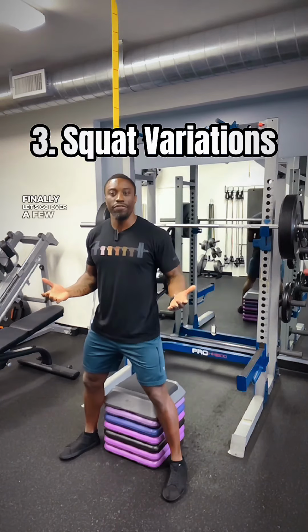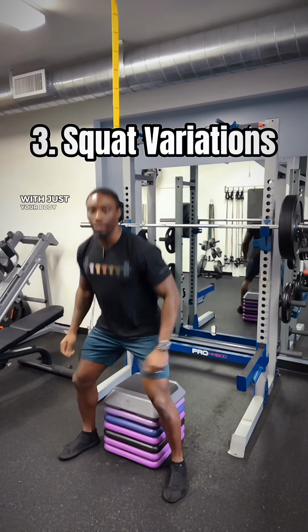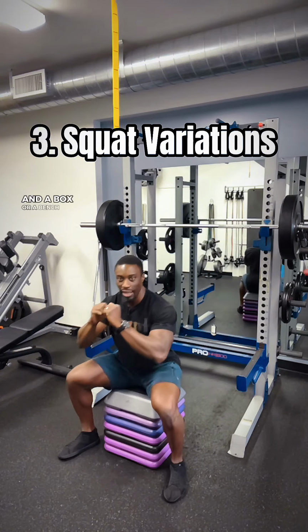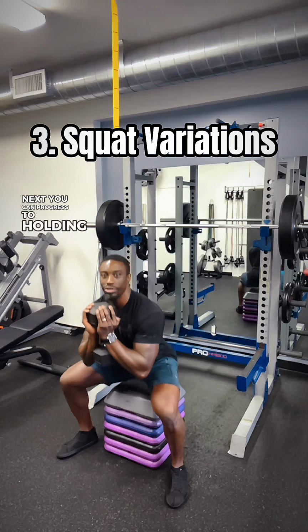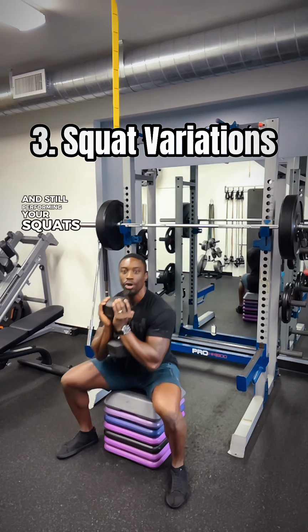Finally, let's go over a few variations. You've already seen how you can do the squat with just your body weight and a box or a bench. Next, you can progress to holding a single weight under your chin and still performing your squats with a box